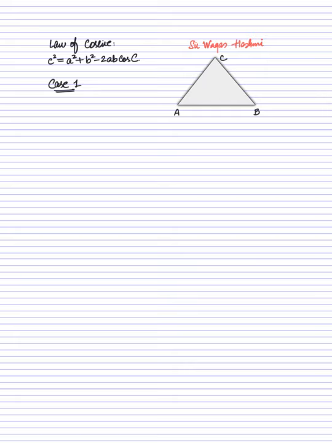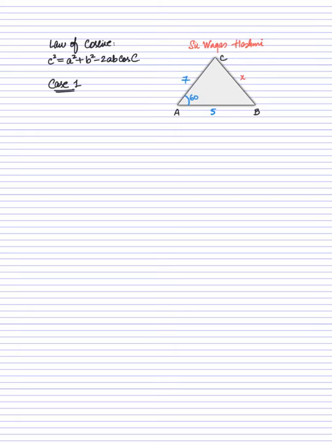I categorized it in this form. Let's suppose that the length of AC is known, the length of AB is known, and angle A is known. The side that is unknown is opposite to that angle. So keep in mind that whenever you have two sides known, the angle between those two sides known, and the side opposite to the angle unknown, then you need to apply the law of cosine here. How are you going to apply it? The method, the working formula, I had written over here.